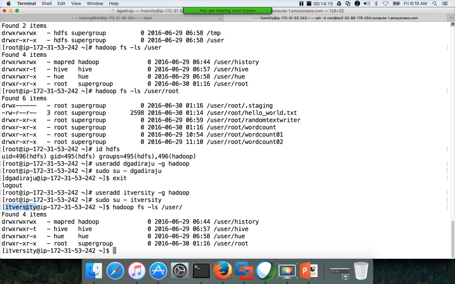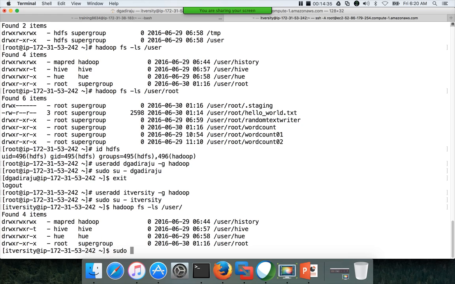We will create a functional user and a user space for him, and that functional user will only load data into the directory and subdirectories owned by that functional user. In this case you can visualize itversity as the functional user, and if I want to copy any files into HDFS, it will not let me do so.